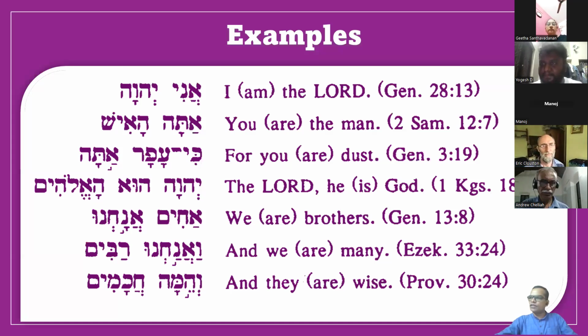So you see the purpose of independent personal pronouns: they are placed especially to give emphasis, to make short sentences and to make nominal sentences. When I say nominal sentences, that means a sentence which appears without a verb, or a verbless sentence. So in this case, if you see Ani Adonai, the literal translation is I, the Lord. Okay, but am is supplied. In the translation, we supply the verb to be.